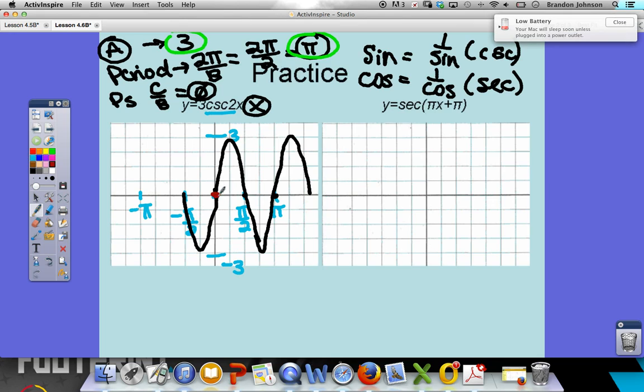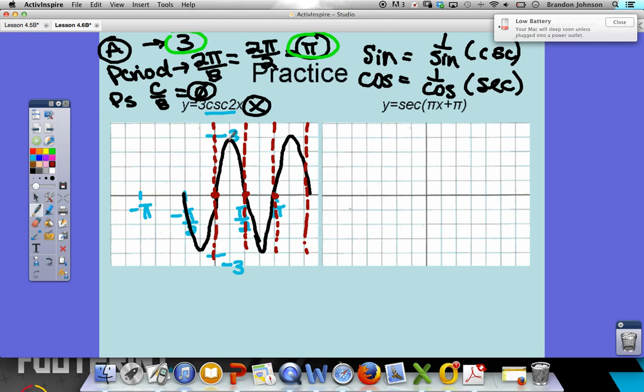Our cosecant, wherever the sine graph crosses the x-axis, that is going to be an asymptote. So we're going to create one there. Wherever it crosses the x-axis, we're going to create one there. And we'll create one there as well. Okay? Now, in order to figure out what the graph looks like, wherever it crosses the x-axis, we know is